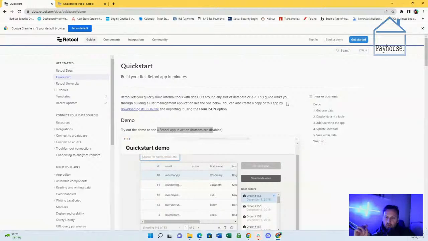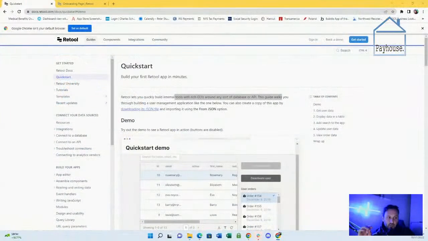All right, so Retool lets you quickly build internal tools with rich GUIs around any sort of database or API. I think they also let you use even Google Sheets or Excel. If you're coming in with a data source, it's probably going to be easier.